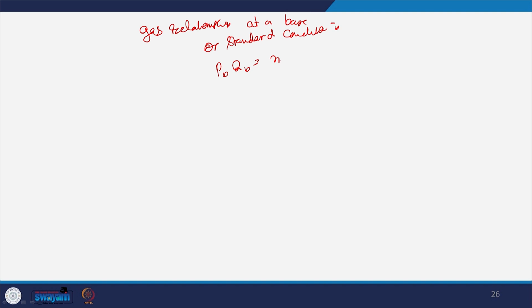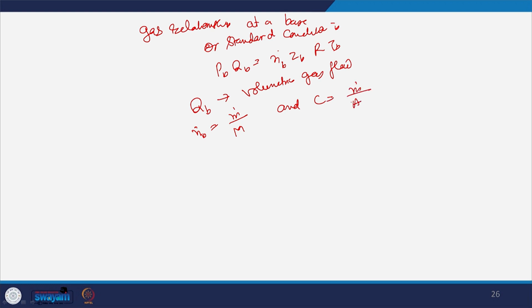Now the gas relationship at a base or standard condition is PB QB is equal to n dot B ZB R TB. QB is the volumetric gas flow. So, if n dot B is equal to m dot upon capital M